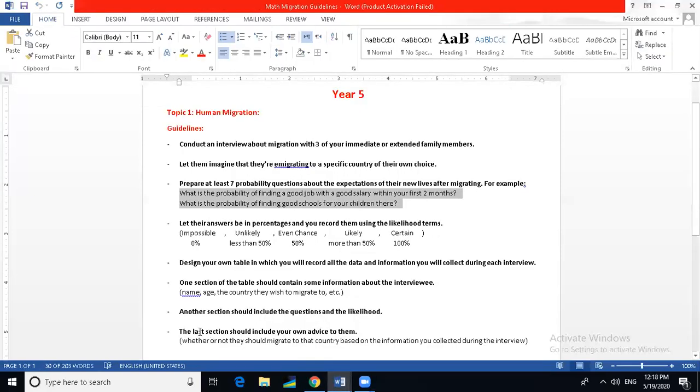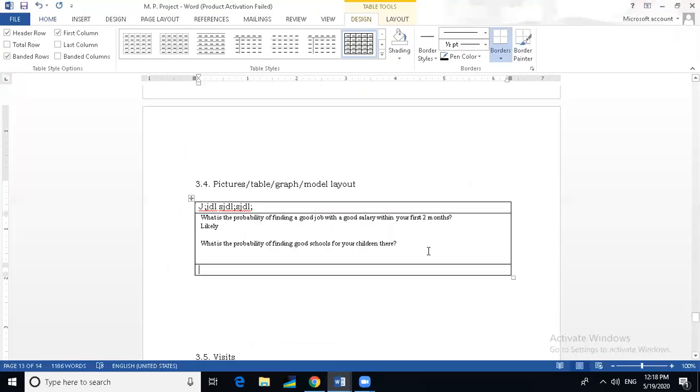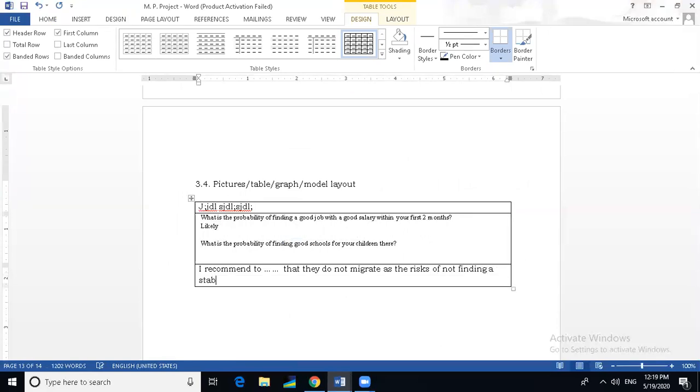And section 3, it says there, the last section should include your own advice to that person, whether or not they should migrate to that country based on the information you collected during the interview. So based on the questions and the information that you collected here in section 2, you can write an advice. So I recommend to that person that they do not travel or they do not migrate, as the risks of not, for example, finding a stable job there